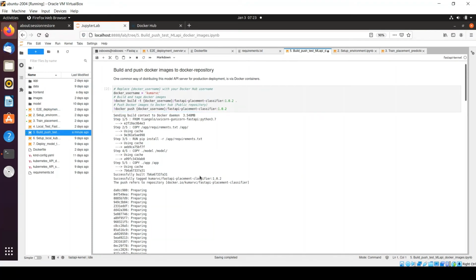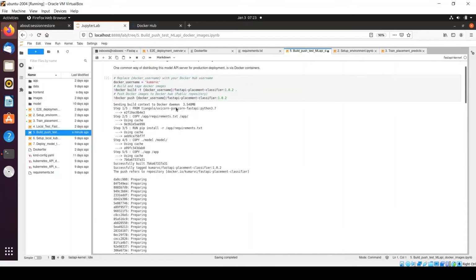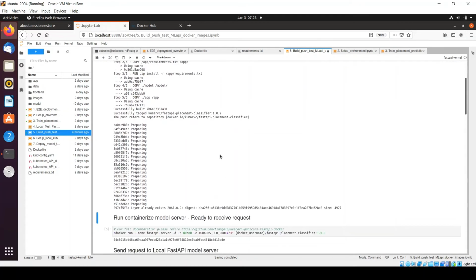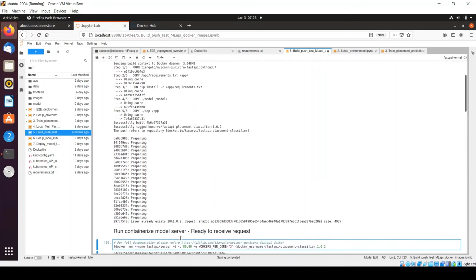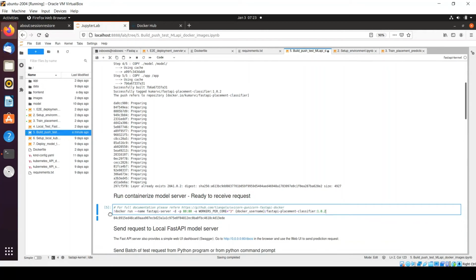In the second part, we will simply take this Docker image 1.0.2 and try to run it. In order to run a Docker image, you need to run this command, docker run, and then give the name of your Docker container.